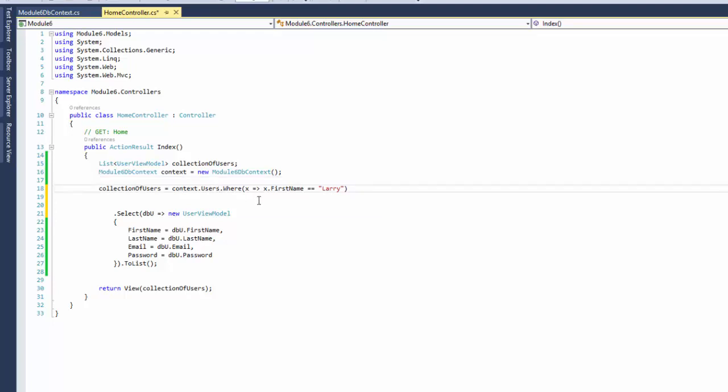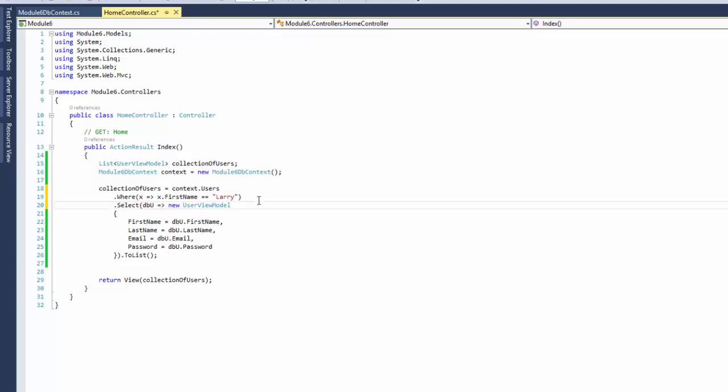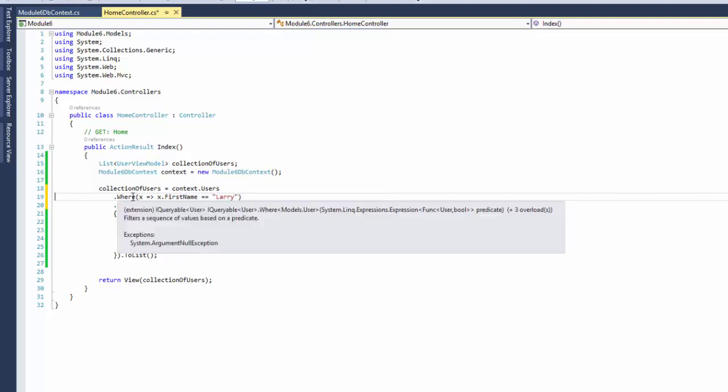Now these LINQ functions, which is actually what the where and select functions are, they're part of LINQ. These functions are chainable, and what happens is you'll see that when we call context.users, we get back a DbSet, and that's a specialized collection for the Entity Framework. If I mouse over the where statement, you'll see that it returns to us an IQueryable of user,